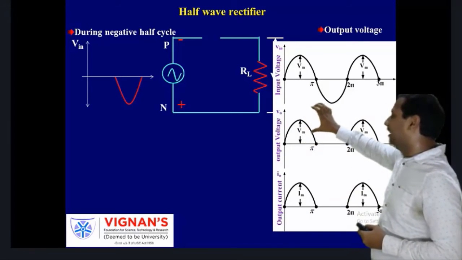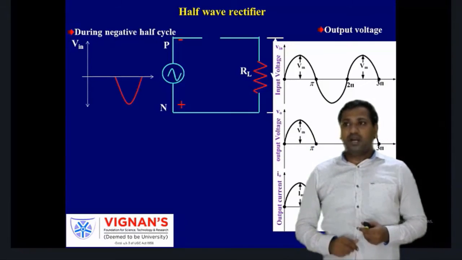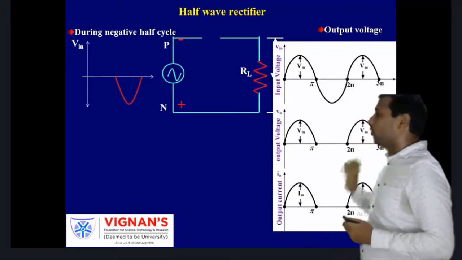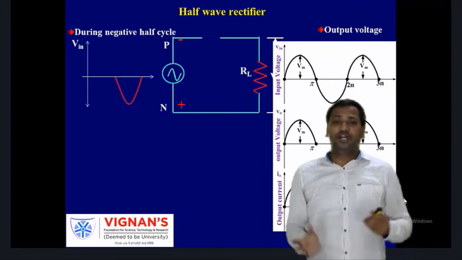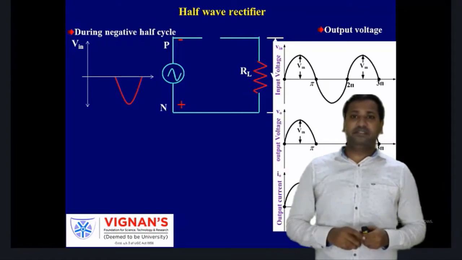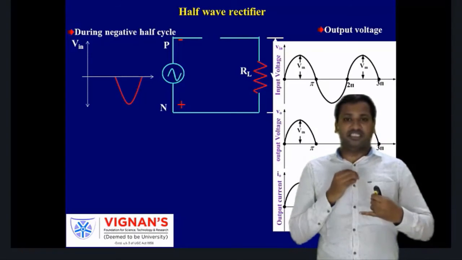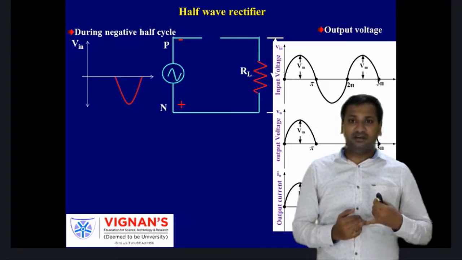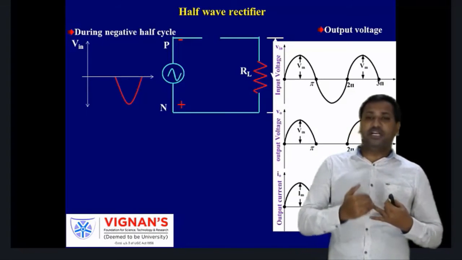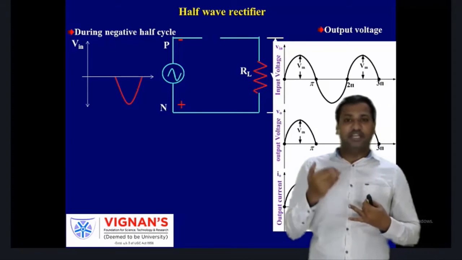The conversion happens only in the positive half cycle of the circuit. And during the negative half cycle, there is no output voltage. That means it is zero. So that is the whole operation of the half wave rectifier. So now I think up to now you are clear about the circuit diagram of the half wave rectifier, the operation of the half wave rectifier, and in addition, what the input and output waveforms of the rectifier are.